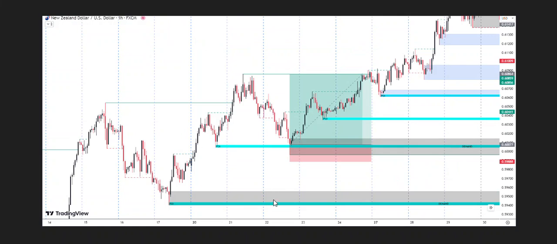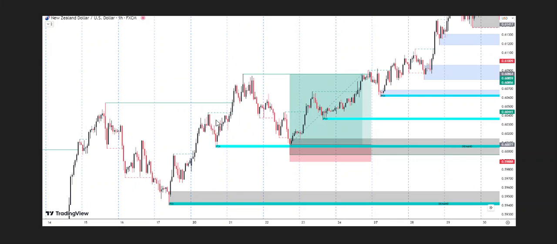This is NZD USD on the 22nd of November, right? So here we have established that price is on a bullish trend. We have a major swing, a swing structure was broken here, another swing structure was also broken here, and this left us with a POI, point of interest, which is a demand zone. Now